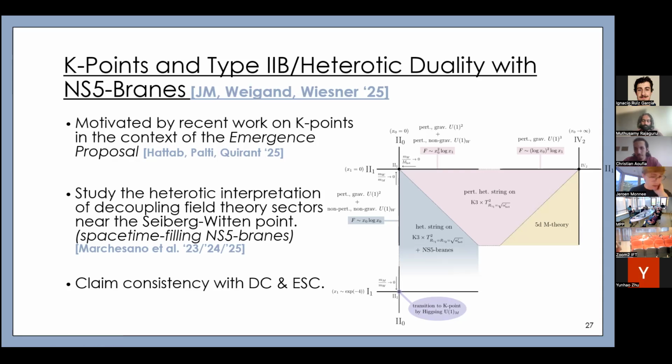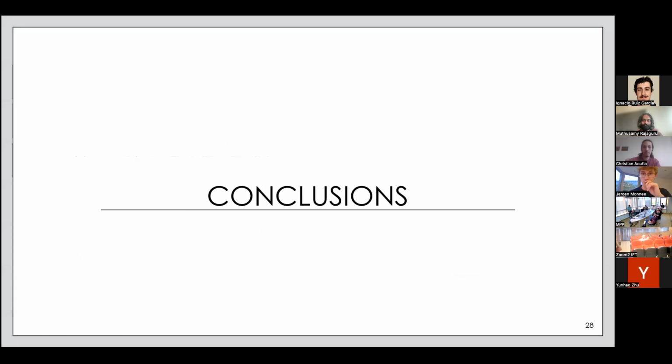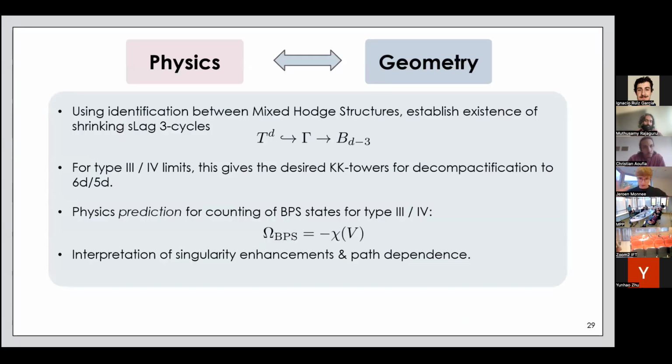Now, since I think I'm mostly running out of time, let me go to the conclusions and just briefly say that, I think this is again quite a beautiful example of the interplay between physics and geometry in the context of string theory. And I want to summarize, what did we do? We used this identification between these two kinds of mixed Hodge structures to establish the existence of some shrinking special Lagrangian three cycles, and argued that by understanding the topology of these three cycles,